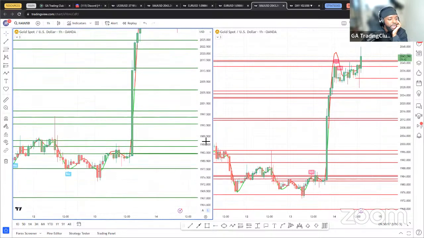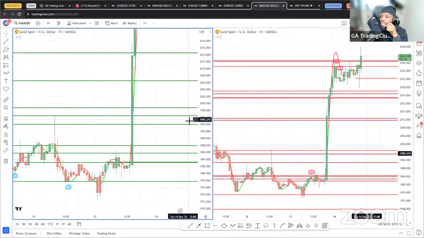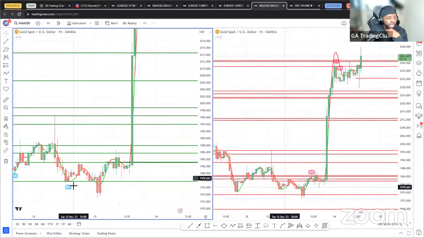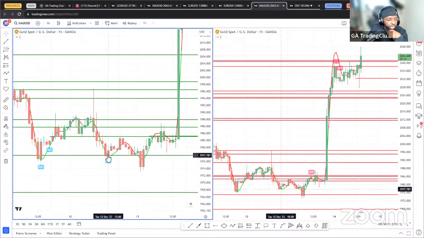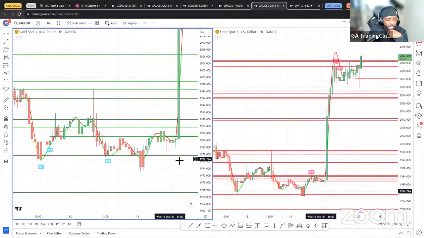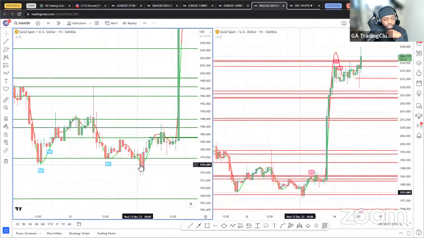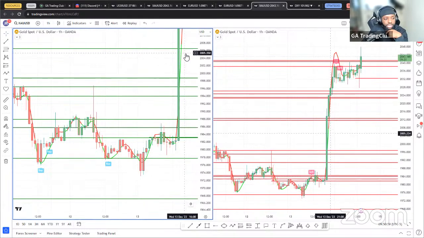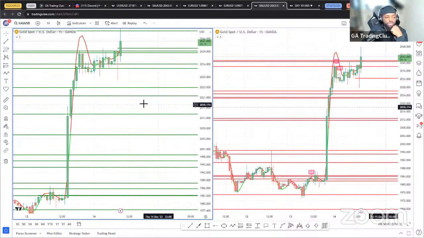This was a valid buy on gold. It was already used up. So the other thing you want to make sure of, if you're looking for this momentum, is that it has not been used up. For example, this buy has been used up. It was a valid buy, but it has been used up. By used up, I mean that after it formed, price came back and picked up liquidity from it, and you can see that's what pushed price up. So for gold, there is no valid buy as of this moment.